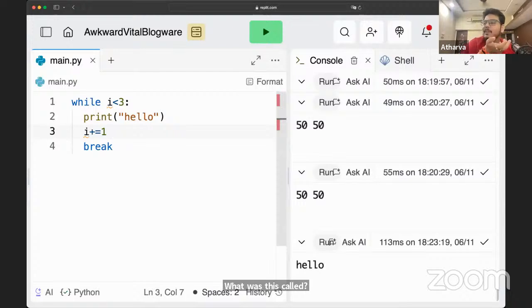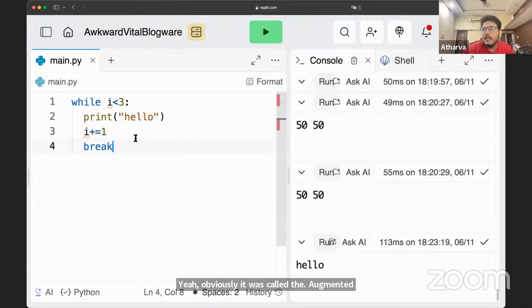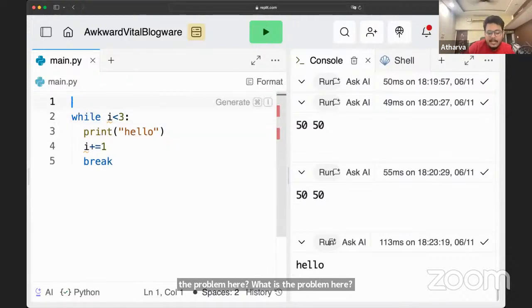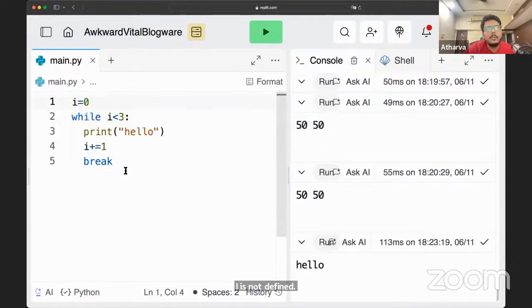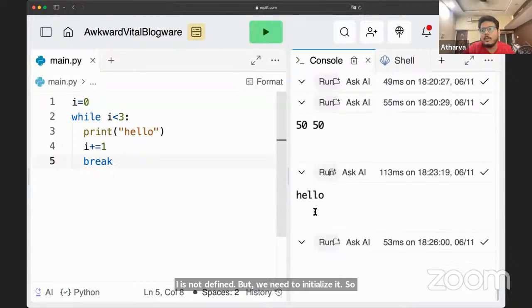Obviously, it was called increment. Augmented assignment. This was called augmented assignment, but there is still a problem here. Can someone tell me what the problem is? i is not defined. Correct. We need to initialize it. And let's just see what will happen.